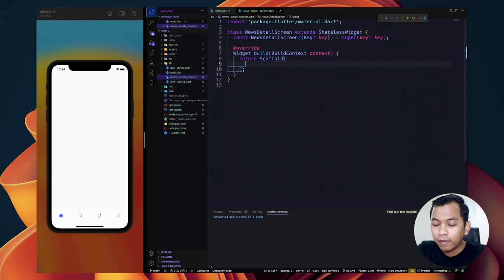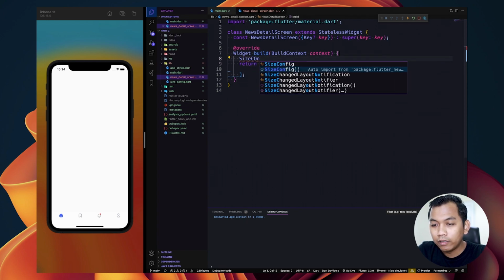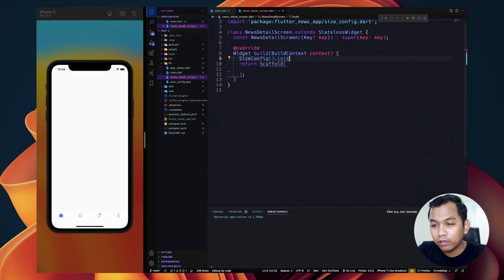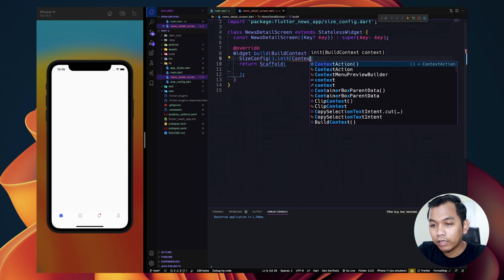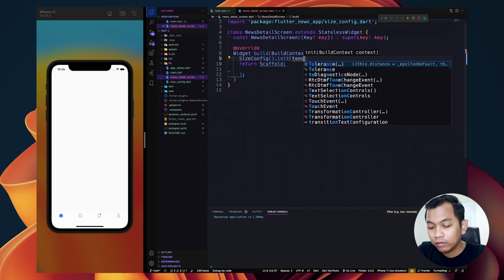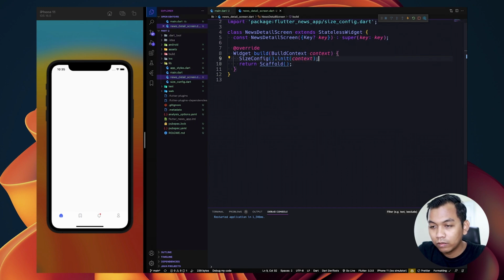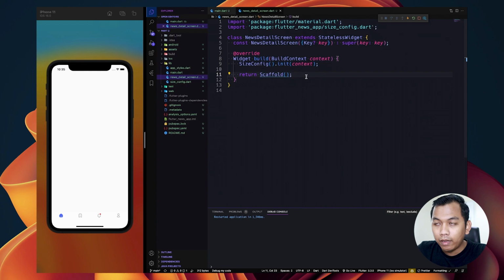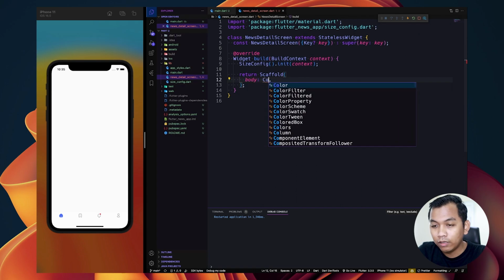And before that, we need to call our size config here, and we need to say context. And here the scaffold widget has a body as usual.